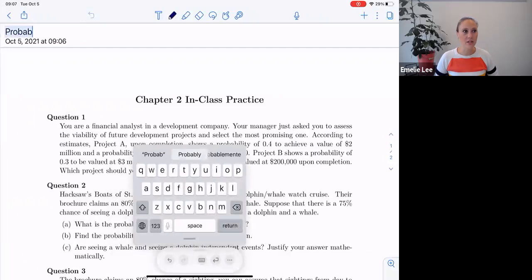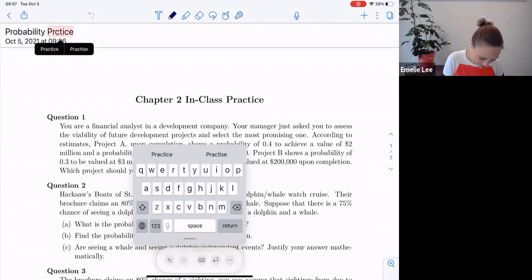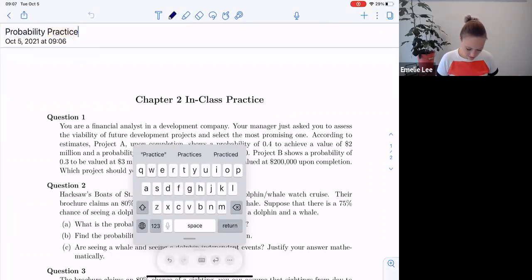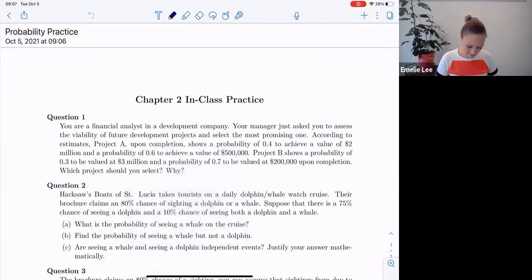Probability practice. Oops, that should say practice. How about that? Chapter 3. Should change it to probability. Okay, so